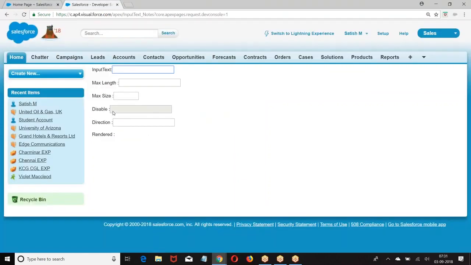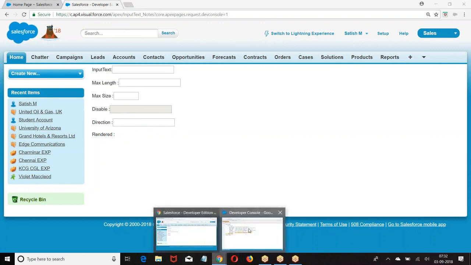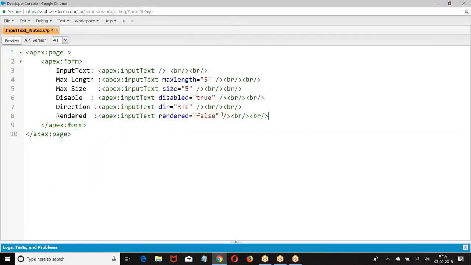Disabled means you will be able to see the box, but the box is not useful. It is a disabled mode. Rendered means you will not be able to see the box itself. Then we have required.